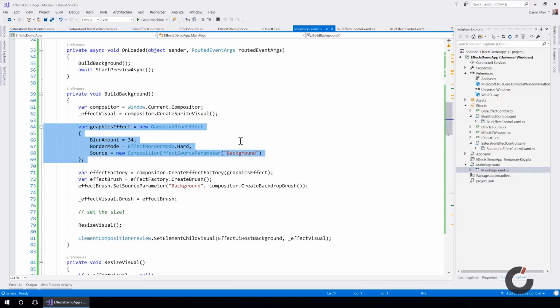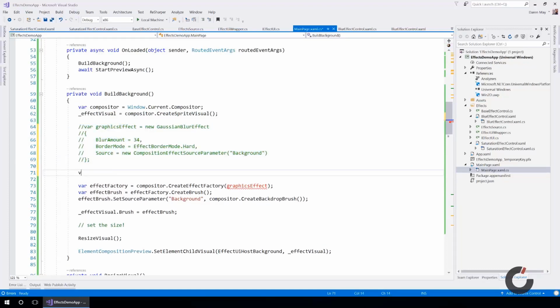But we want to keep our blur, but we also want to tint our background color. We want to brighten it up a little bit so that we have greater contrast between our UI control and so on. So let's see how we would go about doing that. Well, let's comment out this for the time being. We're actually going to want to use a new type of graphic effect, and it's going to be a